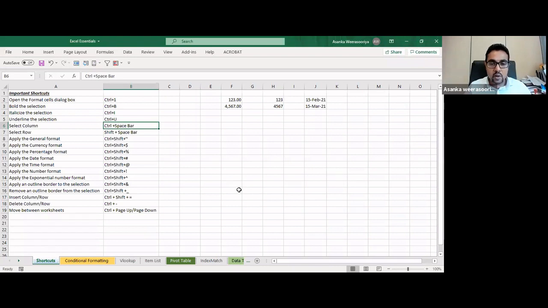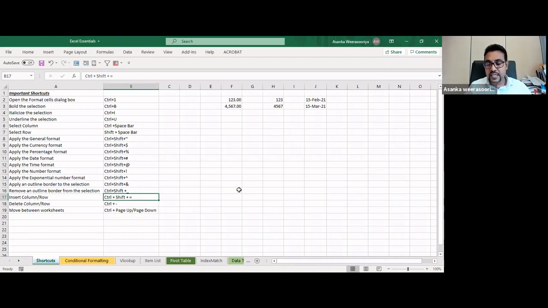Control space bar for select column, Shift space bar for select row. But anyway, your cell pointer should be in any column or row before you select the entire column or row. Okay, then I prefer to come to this place. This one,